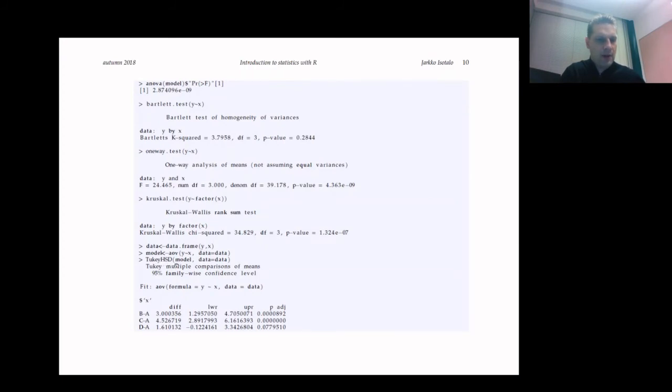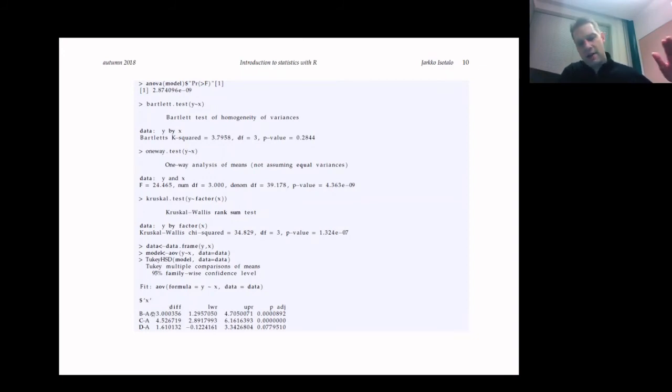That can be done by using this sort of Tukey's HSD function, where we need a model, but this time around the model needs to be made by using the aov function, which is the analysis of variance function. And once we have obtained the model, like given here, then we can use this Tukey's HSD method, and we get these sort of values. And here the last column is what is called adjusted p-values, and these are the ones that we should use